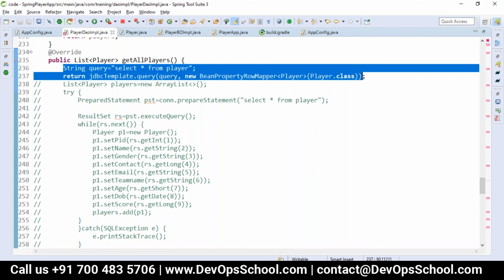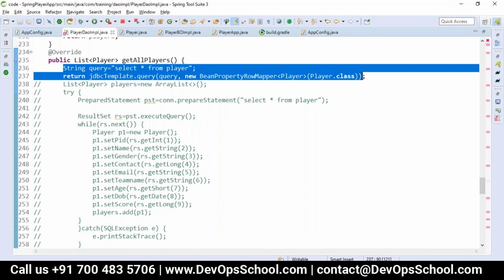Yeah. In this case, the number of columns should not mismatch, right? The number of columns present in the DB and the number of fields present in the POJO. No, it will match according to whatever data is present; it will take it as an object. If you have more columns in the table, is it fine? Will it map properly or not? In that case, it will not map.